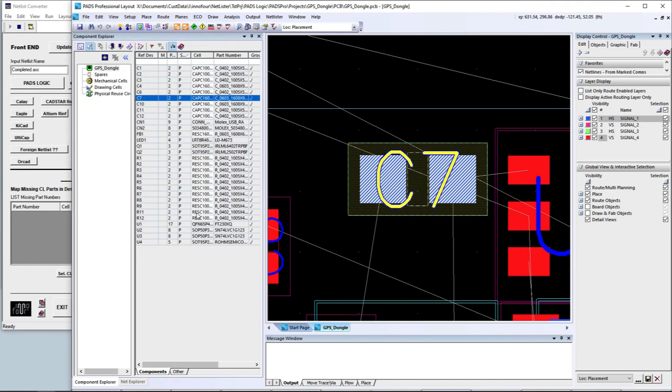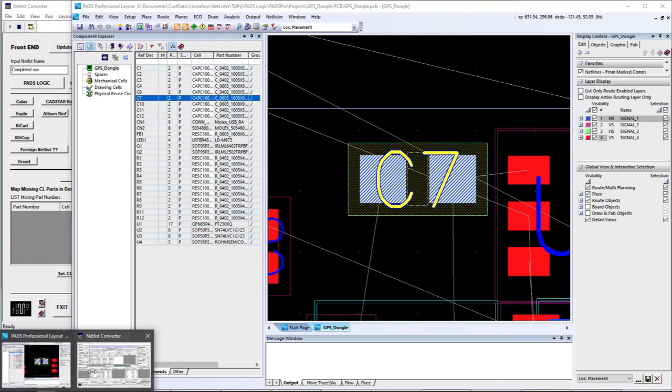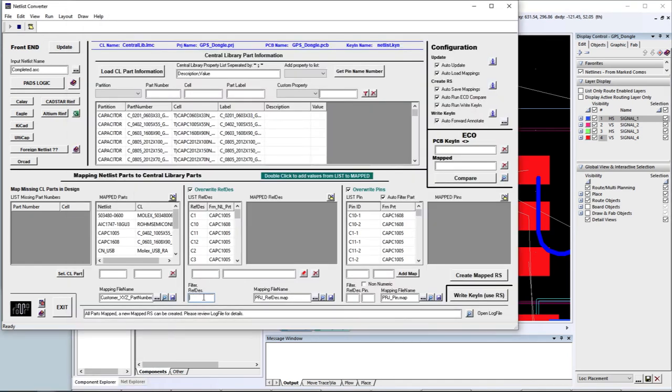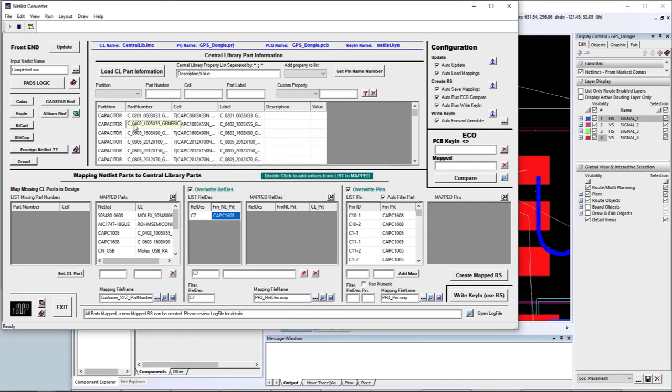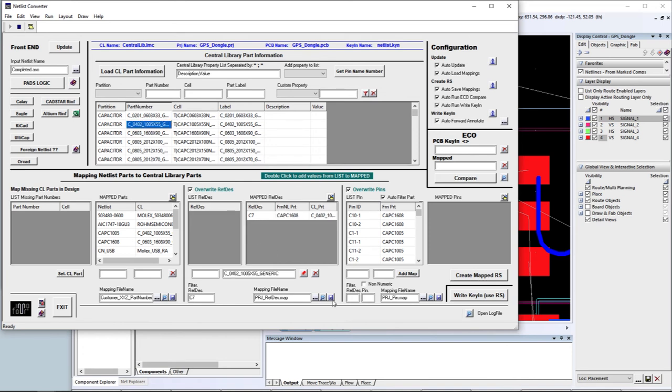Let's make that a smaller one by performing an override within the netlist. So we can filter on C7, say okay, we want to override this C7 with a smaller one, in this case an 0402. We save this particular mapping file. Since it's related to the project, it will be stored within the project